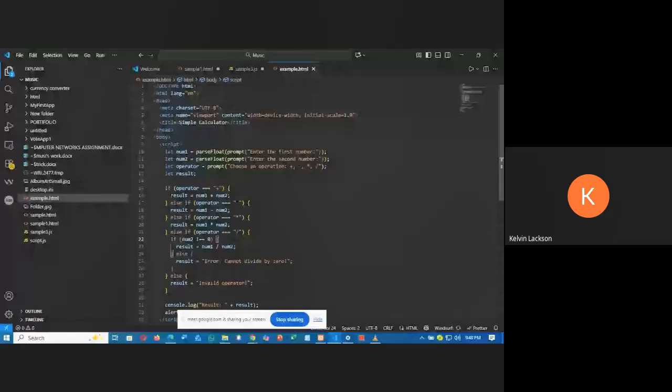So here, parseFloat simply says that what the user has entered, you're allowing the user to even enter float values, that is, numbers with decimal points. So yeah, when you are trying to get numbers from the user,